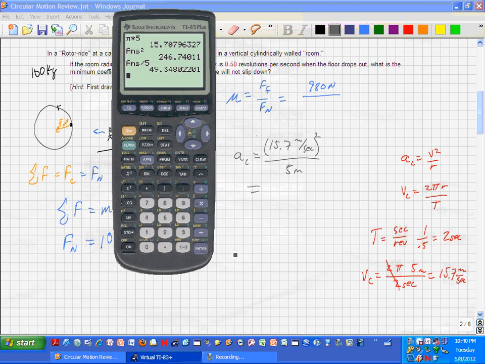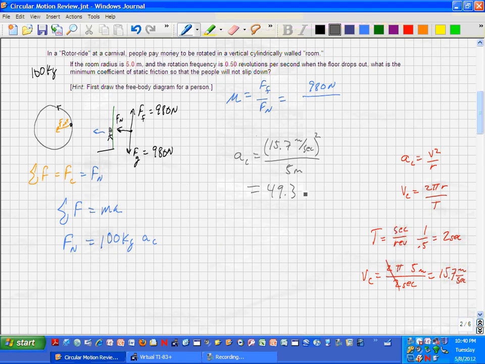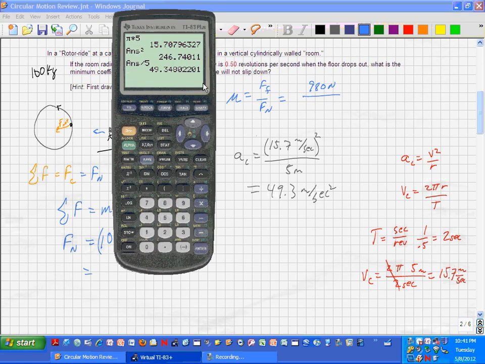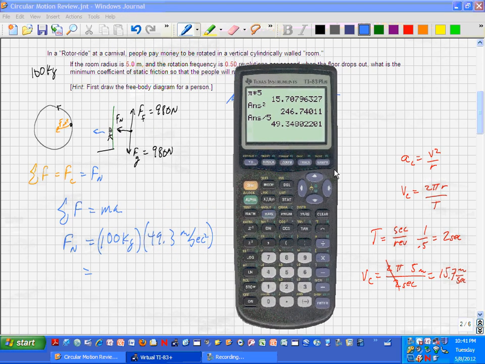And that's 49.3 meters per second squared. So that's my acceleration. So I'm going to take that acceleration, put it in here. So it's going to be 100 kilograms times 49.3 meters per second squared. That means that that centripetal force, that normal force, is going to be 4935